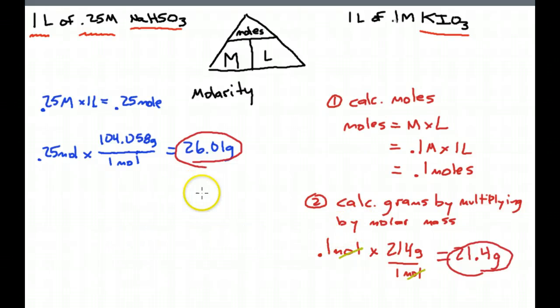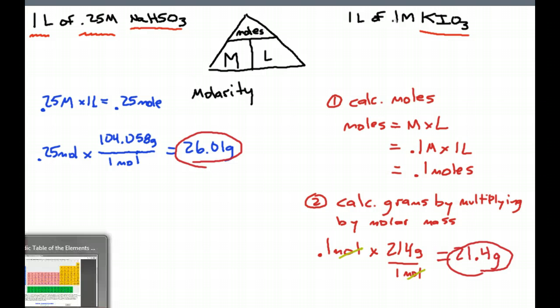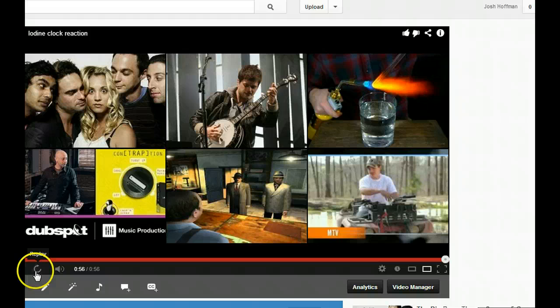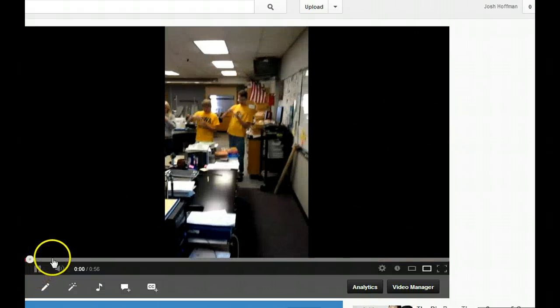If you have questions on how to figure out how much or grams from a concentration and a volume, just come up to ask. If the videos aren't working for you, there's going to be lots more practice in class as well that we're going to do in the lab. One more look at this, kind of a fun way of doing this. We did this last year, kind of a neat way of